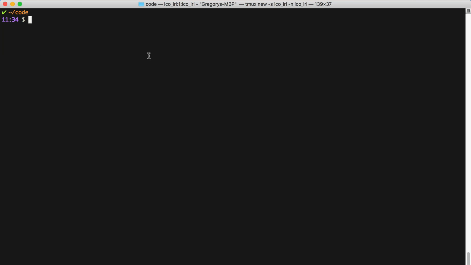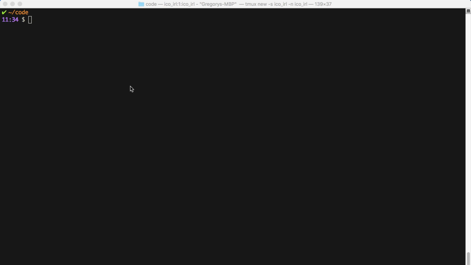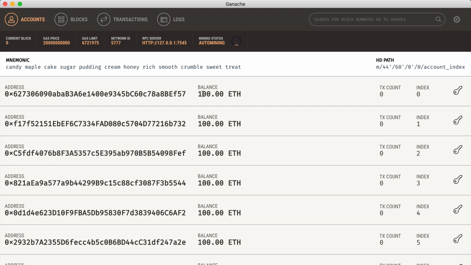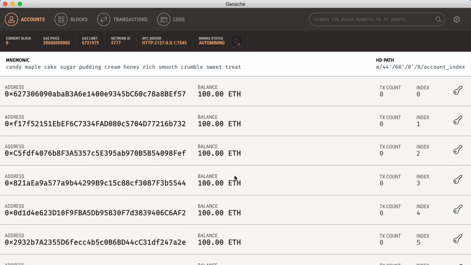The next dependency that we want to install is Ganache CLI. Now, you might have seen my other tutorials where I use the GUI version of Ganache. This is basically a nice graphical user interface for our development blockchain. That's what Ganache is. It's a development blockchain, and this is the graphical version, which is nice. It's kind of point and click. You can get it started, and it has a nice